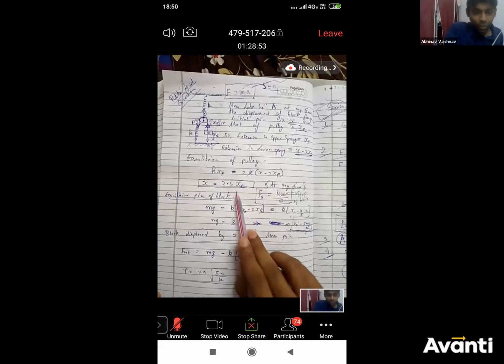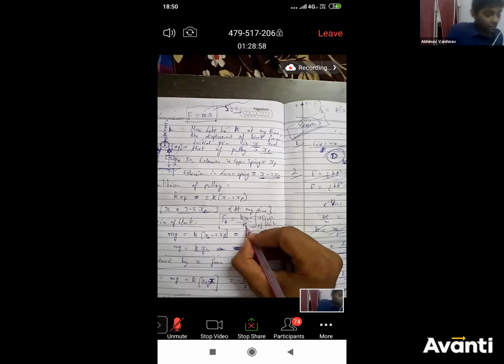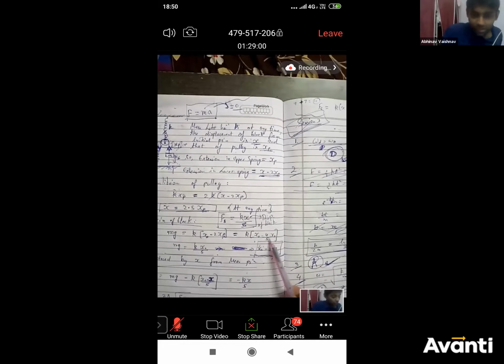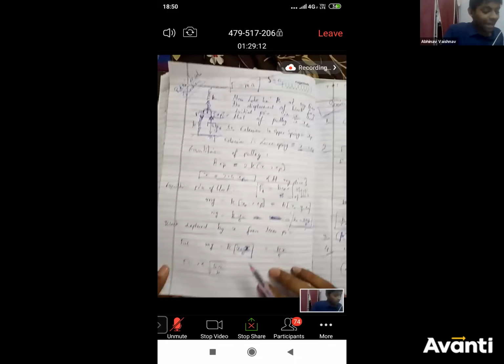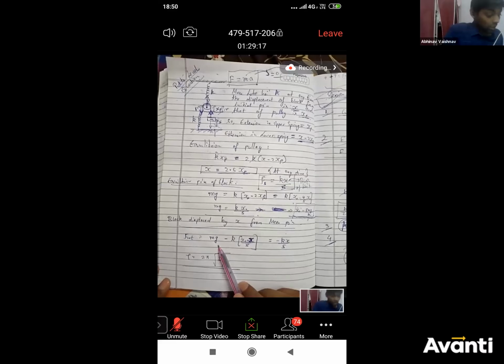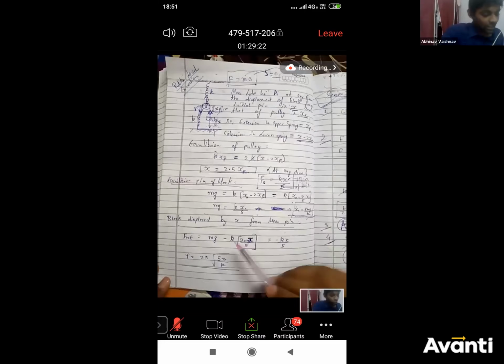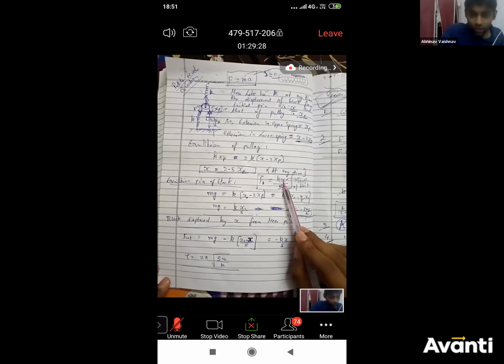So at any instant you can say कि k times x minus 2 xp, xp को you can substitute as 2 by 5x. So at any instant you will get the spring force is kx by 5, where x is the displacement of block from where? From the initial position, not the equilibrium. So abhi, when the block is displaced by x from the mean position, then what is the total net force? Mg minus spring force. What is the spring force on the block? K times the total displacement of the block divided by 5.